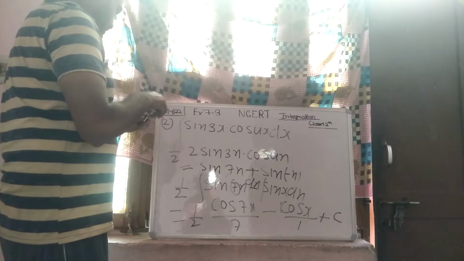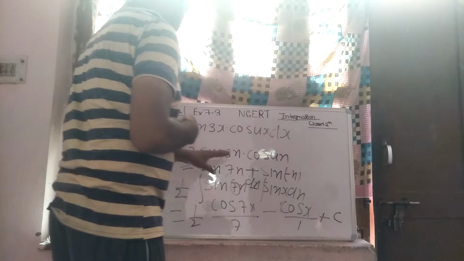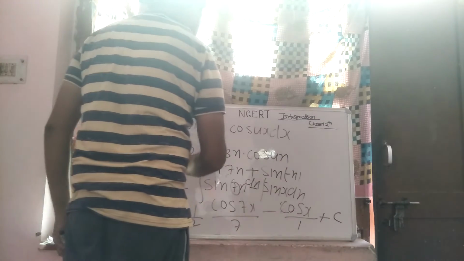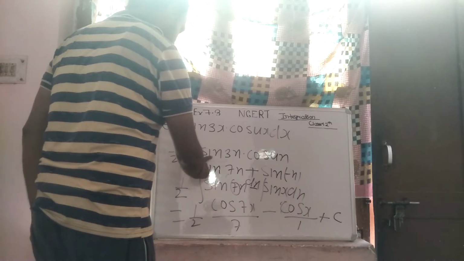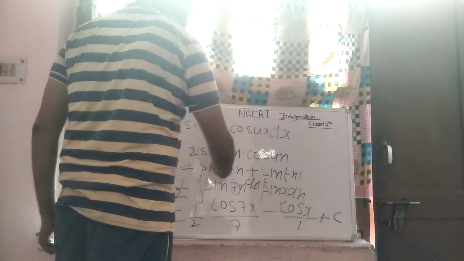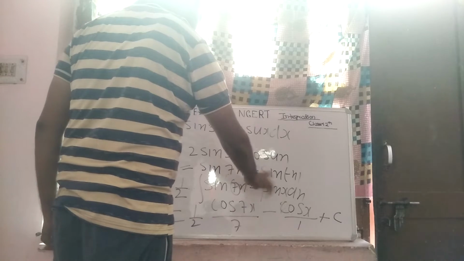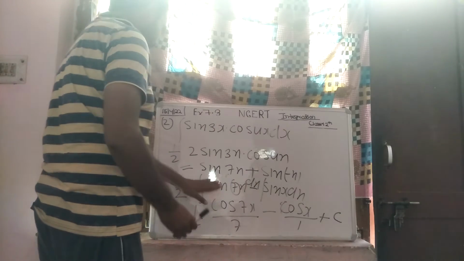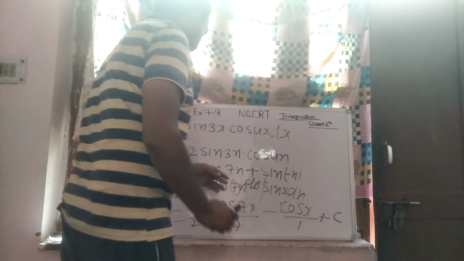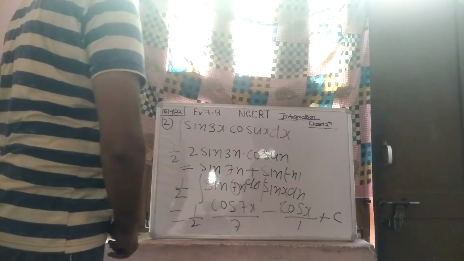Our question is sin 3x into cos 4x. We write 1 upon 2 times 2 sin 3x into cos 4x. We have no direct integration formula for a multiplication, so we use 2 sin a into cos b. The formula is sin (a plus b), so 3x plus 4x is 7x, and sin (4x minus 3x) is sin x, with a minus sign, since sin of minus theta is minus sin theta. We have two terms, sin 7x. The answer is cos 7x, and 7 is the constant, so we also divide by 7. This is the rule: the integral of sin x is minus cos x, and the constant has to be added at the end.